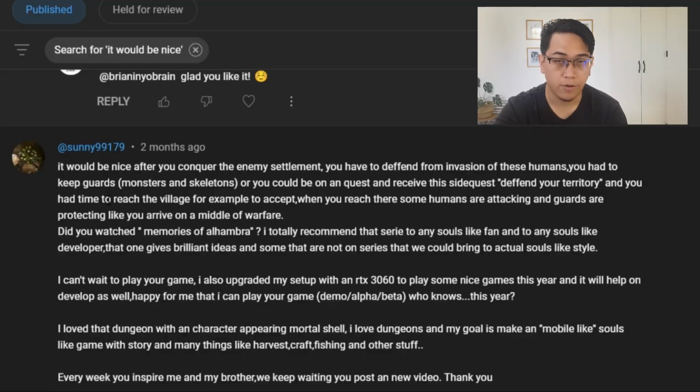So there's a very interesting idea from Sunny: it will be nice after you conquer the enemy settlement, you have to defend from invasion of these humans. You have to keep guards, monsters and skeletons, or you could be on a quest to receive this side quest, defend your territory, and you had time to reach the village, for example, to accept. When you reach it, there are some humans attacking guards and protecting, like you arrive in the middle of warfare. So this is a very interesting idea, and actually this comment inspired me to make the events for Wisplight more